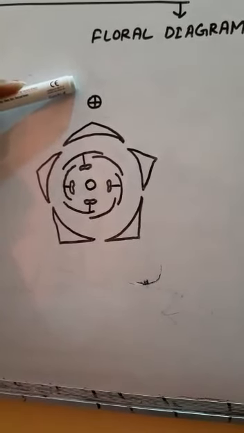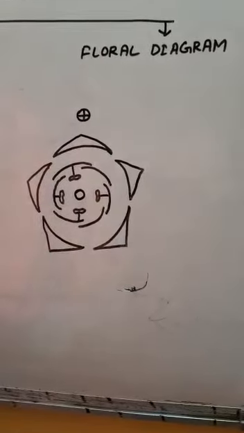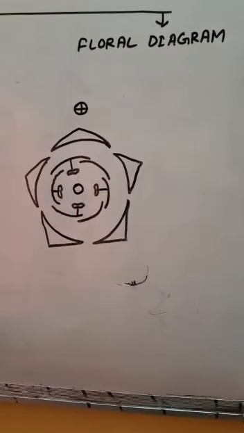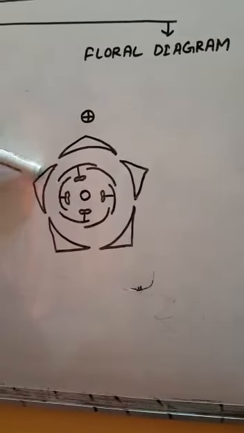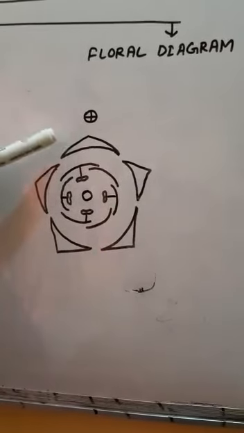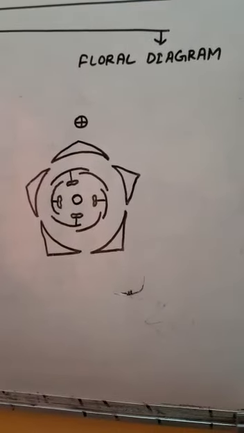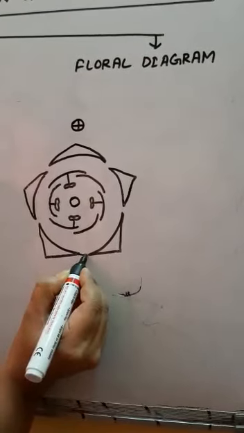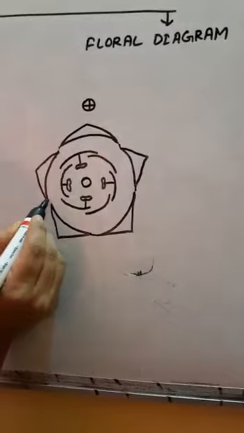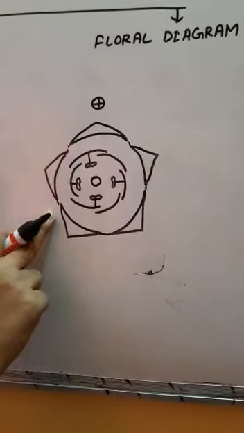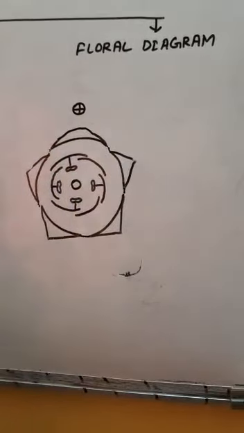In a floral diagram, various floral parts are shown with the help of a diagram, and also here estivation can be seen. So you can see this is the first whorl, that is calyx. So I have drawn here 1, 2, 3, 4, 5 calyx with valvate estivation. You can see the margins are just touching each other. If they are extended, they will only touch each other. So such estivation is called valvate estivation. So you can see valvate estivation is found in the calyx.